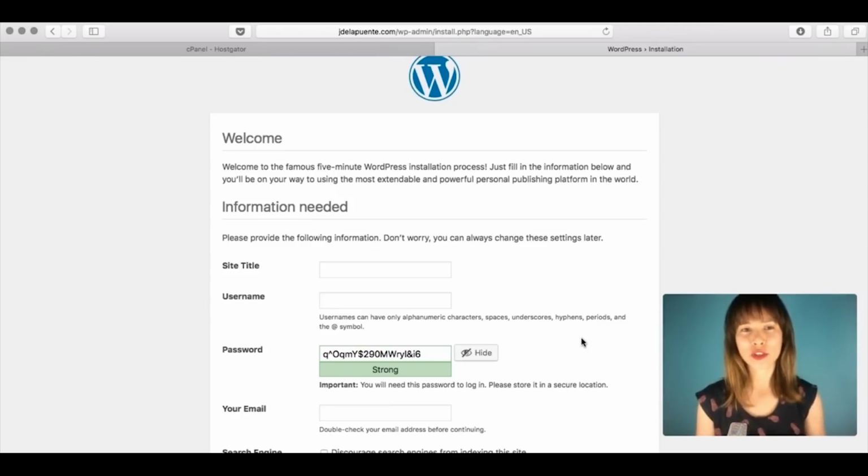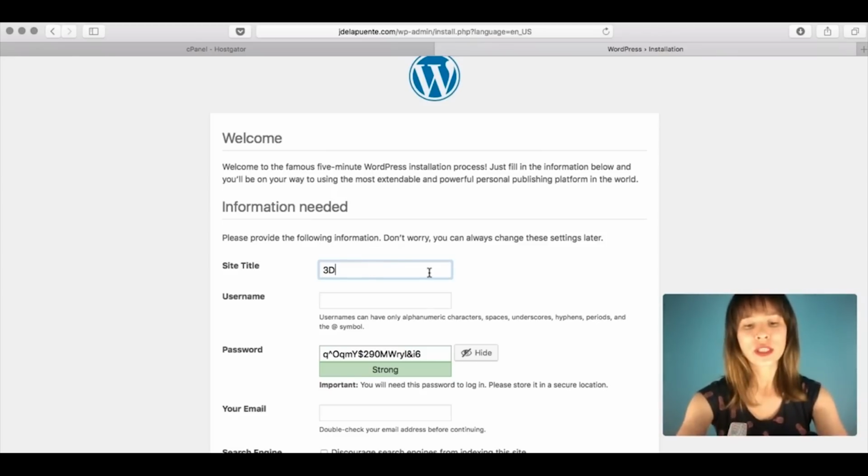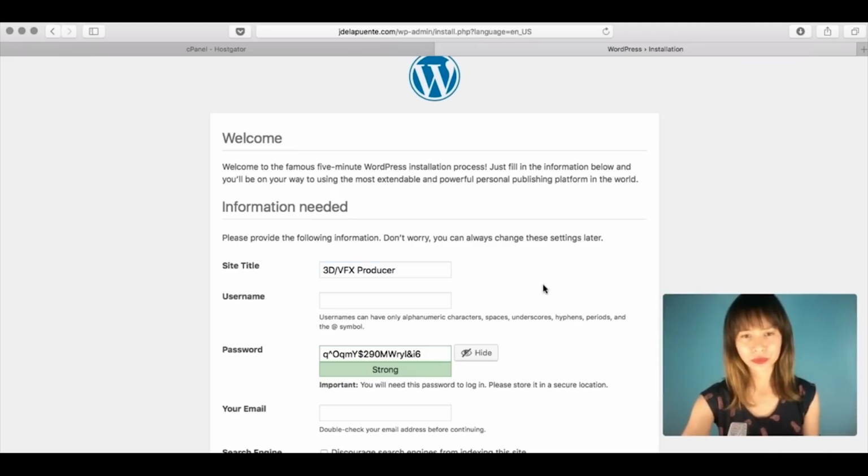Here WordPress requires you to add some information, for example, the site title. This client works in the film industry in animation. So the site title will be 3D VFX Producer. We can add a username. So let's say I'm going to add the same. The username will be this, and I'll just leave this generated password. Also, we can add an email here. So I'm just going to add